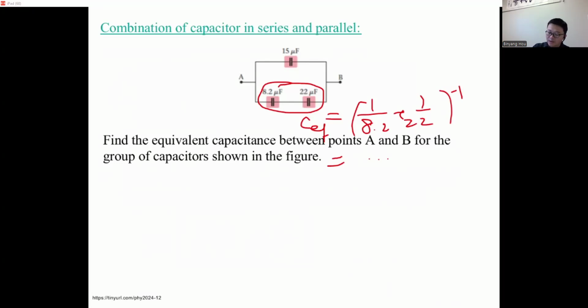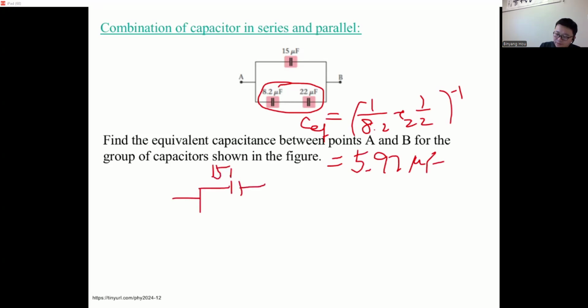Okay, so that gives me about 5.97 microfarad. Okay, so then this guy is replaced by a single 5.97. So now the circuit becomes